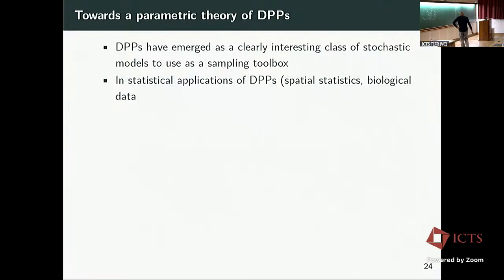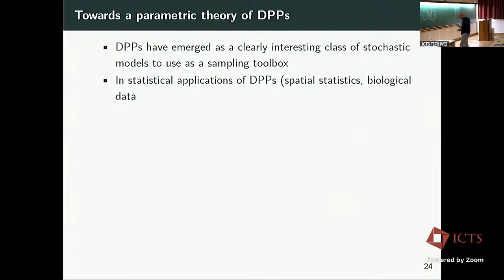Okay. So let me now switch gears and talk a little bit about parametric statistics, parametric models in the context of DPPs. First of all, we have spent quite a bit of time discussing DPPs as a potentially useful sampling technique, a technique to generate samples. There the point of view is that you have a big ground set, or let's say the continuum, you want to generate samples, and the kernel is under your control. So you design a good kernel and a DPP based on that kernel so that you can do fast sampling, which gives you a lot of good approximation properties.